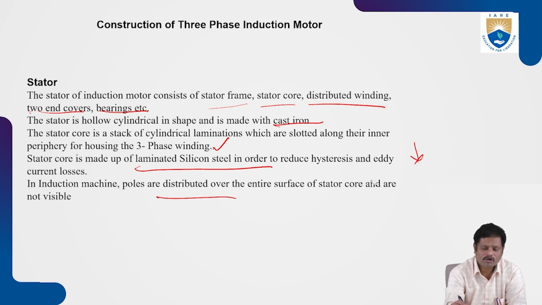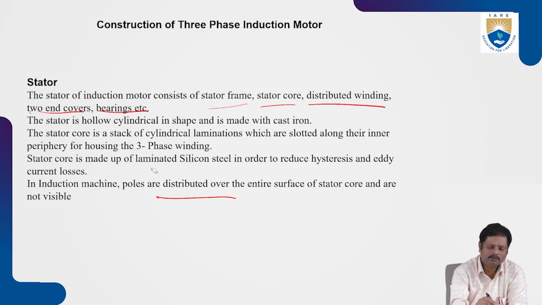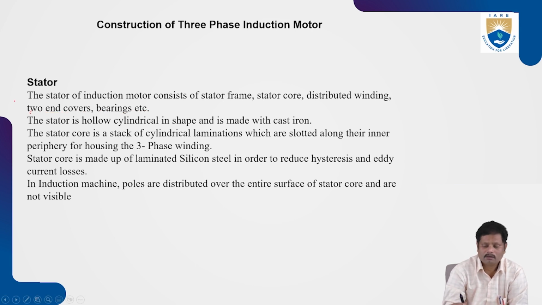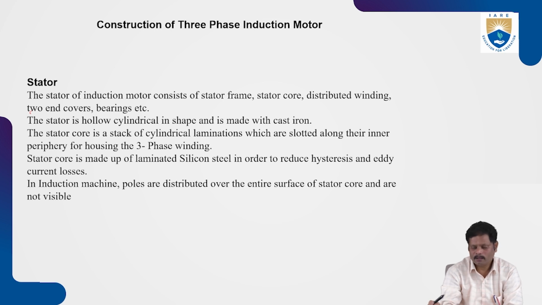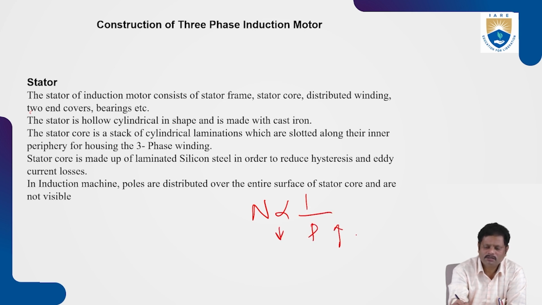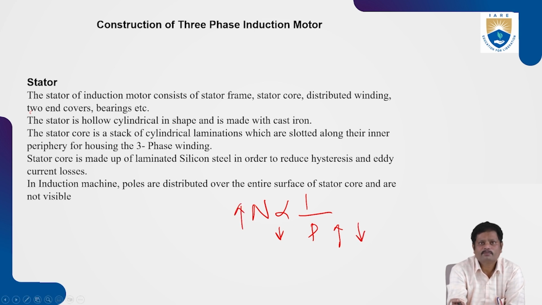And are not visible. Here, physical poles are not there. The stator winding is constituted for the required number of poles, depending upon the speed. Since speed depends upon the number of poles, if the number of poles is more, the speed will be less. If the number of poles is less, the speed will be more. So depending upon the required speed, the stator winding is constituted for the required number of poles. So here the poles are not visible,